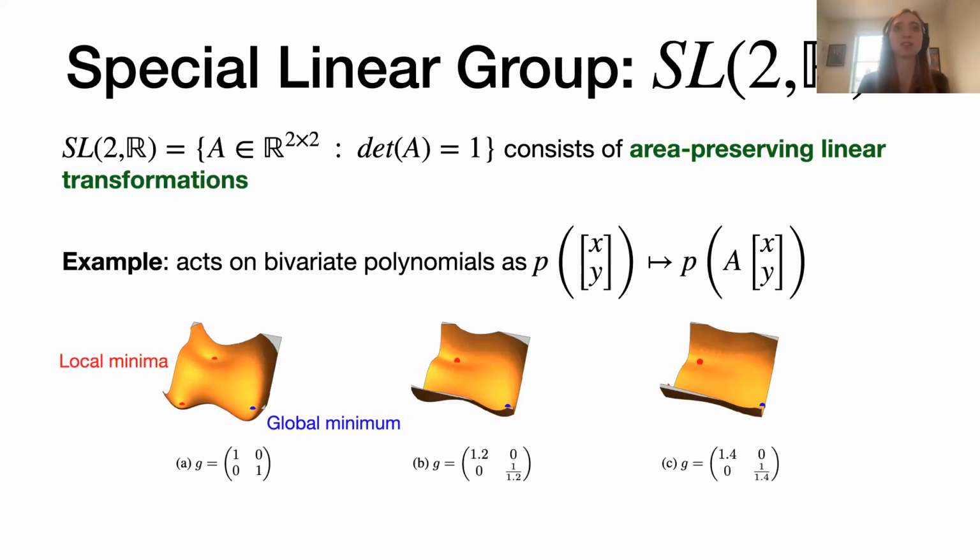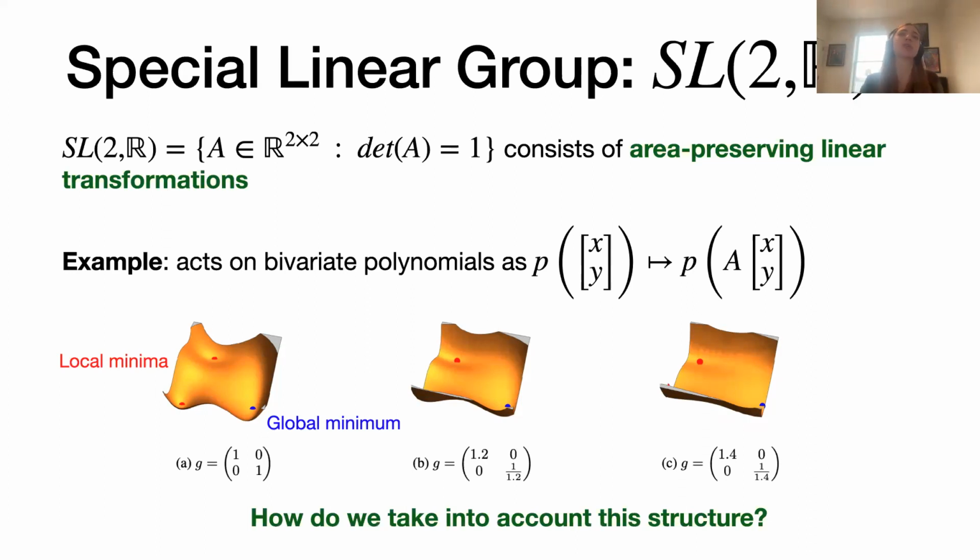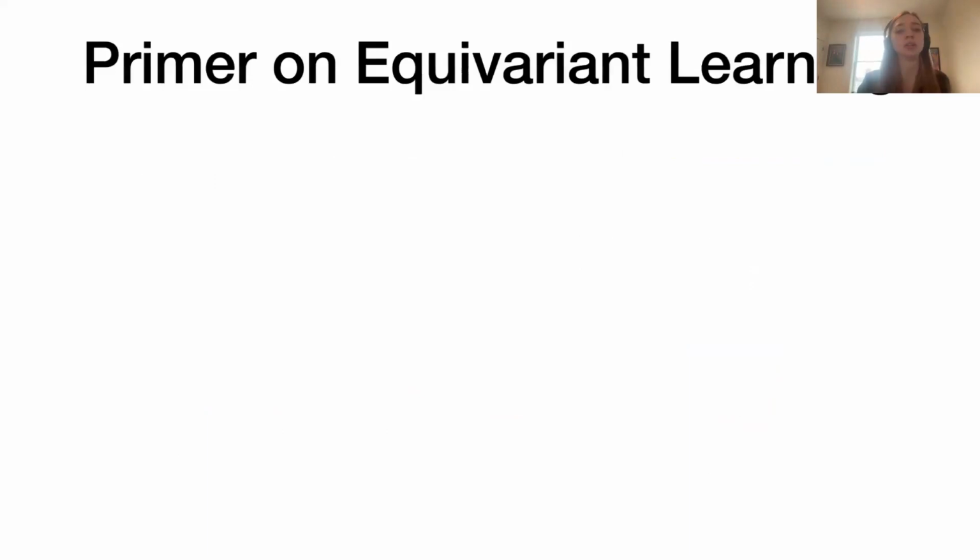But suffice it to say, this is the special linear group. It acts on polynomials, and it's very relevant for this problem. It provides a ton of extra structure. So how do we take into account this structure when we're building this neural network to approximate this optimization problem? I don't think I have time to give a proper primer on equivariant learning,